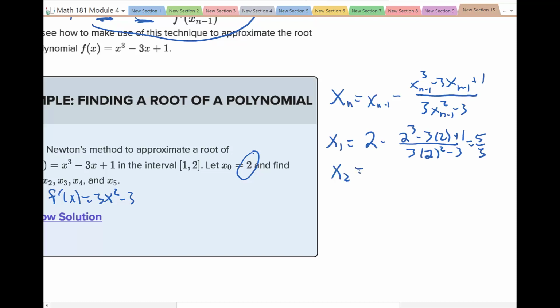So x2 is going to be this 5/3, that previous term, minus 5/3 cubed minus 3 times 5/3 plus 1 over 3 times 5/3 squared minus 3. From that I get, and at this point I started just using decimals because it gets kind of messy,